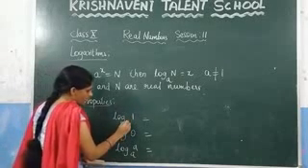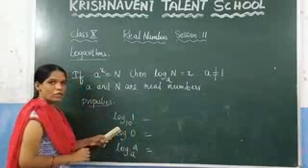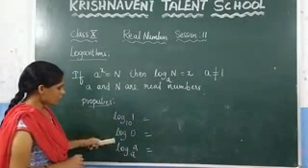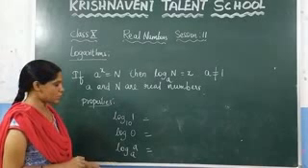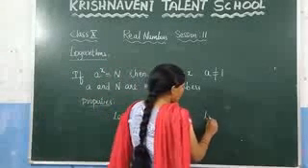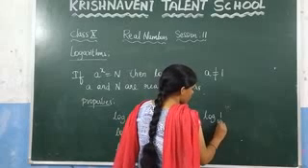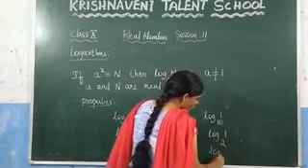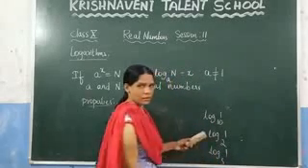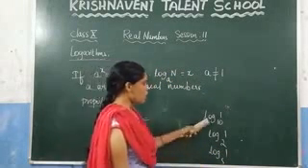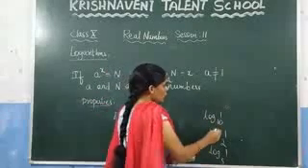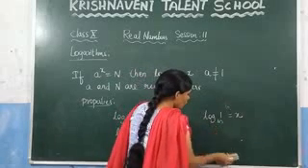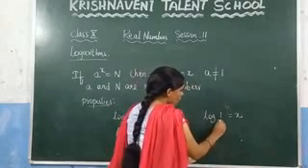Now, if the base is not given, you have to take that base as 10. That means, since the base is not given, consider log 1 to the base 10. You need to find the value of this, and you have to remember it by doing the next exercise. Consider log 1 to the base 10, log 1 to the base 2, and log 1 to the base 5. What is the value of log 1? To find it, we need to express this in the form of powers or exponents.